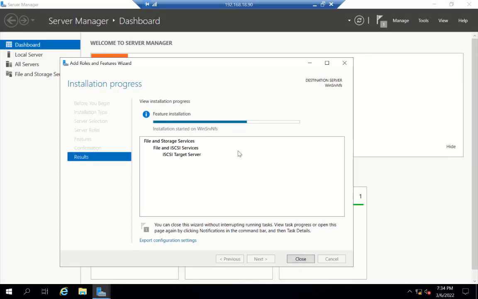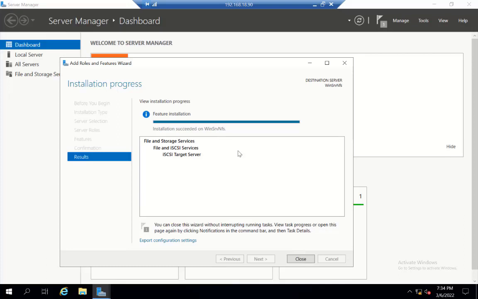I will wait for it. Then I will click on File Services and click on iSCSI.